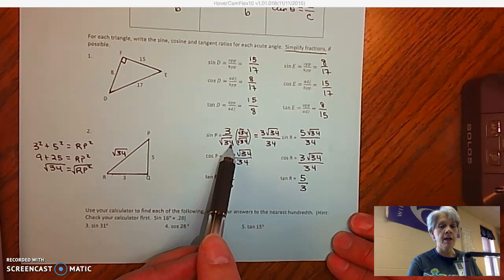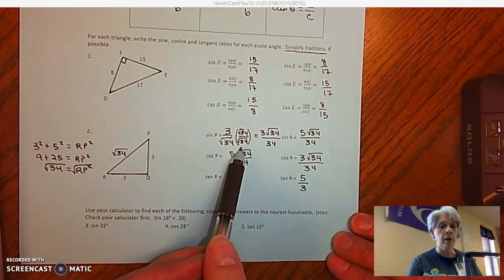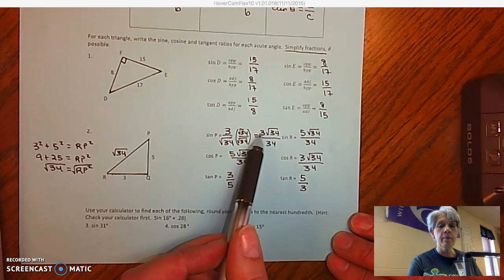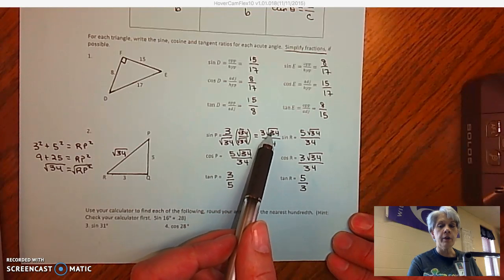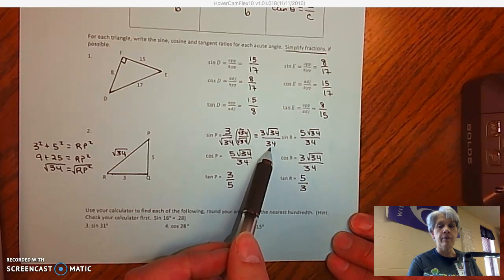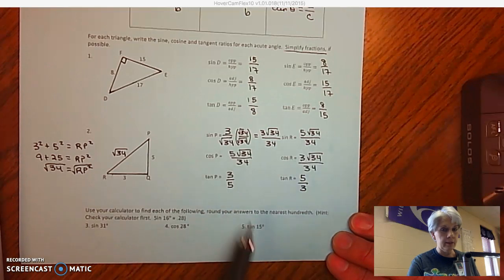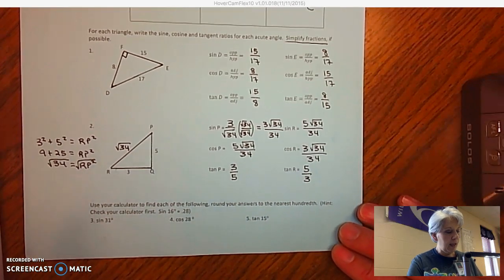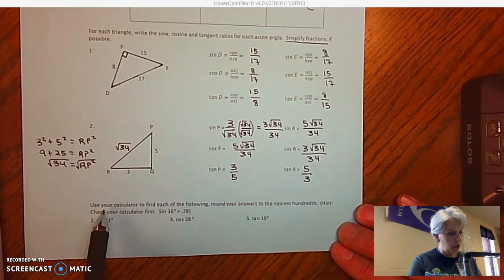Remember, you have to rationalize that, so we want to multiply top and bottom by radical 34, and then we end up getting 3 radical 34 divided by 34. And 3 and 34 don't have any factors in common, so there's nothing to simplify. Okay, go ahead and let you finish looking at those, and we'll go ahead then and start on